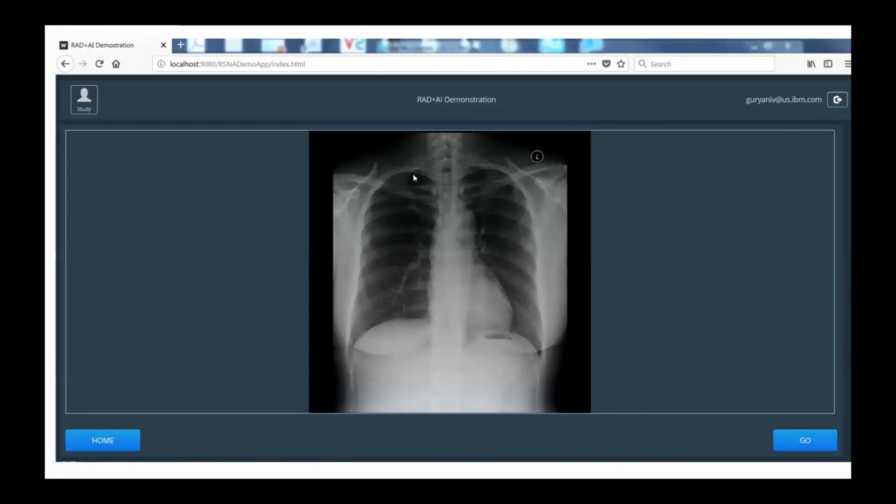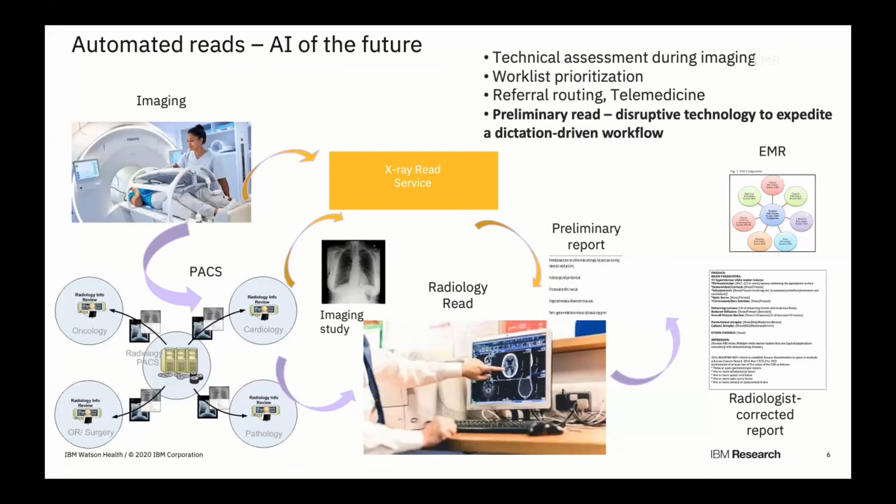The idea being that it can be used at any step in a clinical workflow, whether you are an imager and at the point of imaging, determining whether the quality of the imaging is adequate, and the reports would establish that, because technical assessment is one of the things that would be in the report. If it went into the PAC system and there was a criticality of a case, then you could reorder cases, so it helps prioritize important cases to be read ahead.